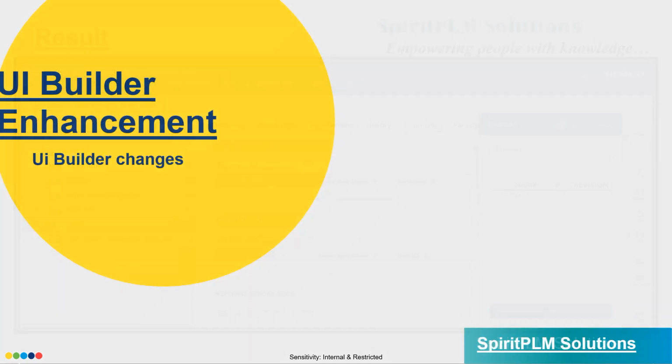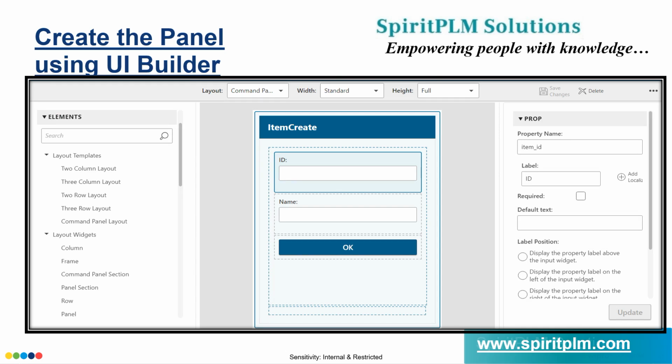Then, UI Builder enhancement. ActiveSpace 6.3 has a UI Builder enhancement. Using this UI Builder enhancement, Siemens has provided fully powerful UI configuration, where you can add your panels, buttons, text boxes,